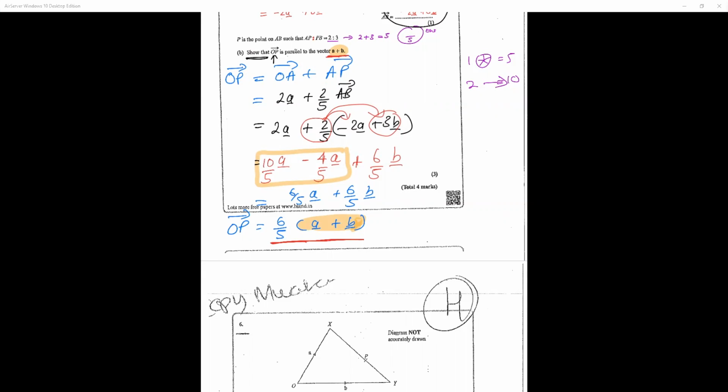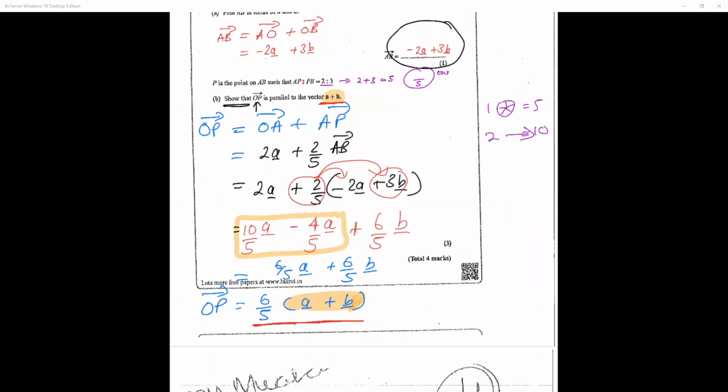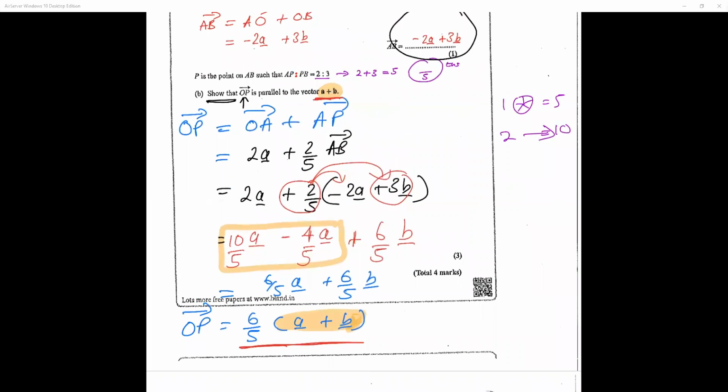So what would be your wording? How would we structure that together? We need to put together a little sentence. So I'm going to write my sentence over here on the side. Which is the bigger vector, OP or A plus B? A plus B will be smaller because O to P is 1 1/5 of it. It's 20% bigger. So we can make a little statement saying O to P is parallel to A plus B because